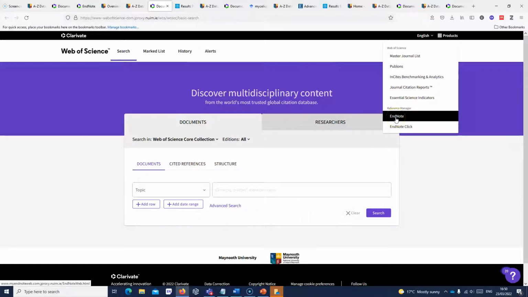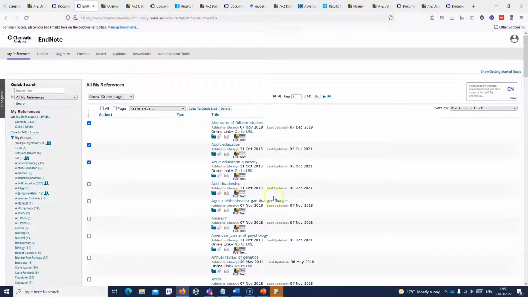Fairly straightforward procedure. Just follow that through, and when you've done that, you'll end up with an EndNote account that looks a bit like this, but obviously yours is going to be empty. Mine is already populated with records. So just to bring you through, I suppose, the basic functionality of it, the first section there is My References, and you can see the little box there, so you can search within your references, and they're all listed down here. So when you export into EndNote, they automatically go into unfiled, and then you have to start moving them